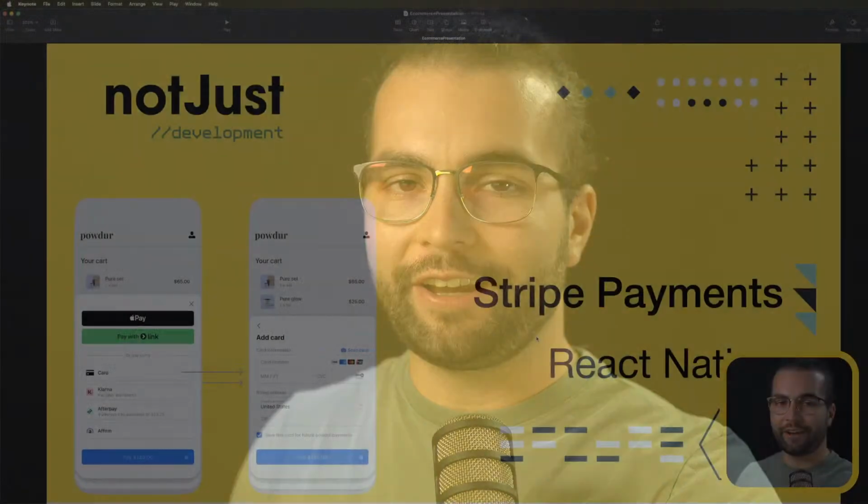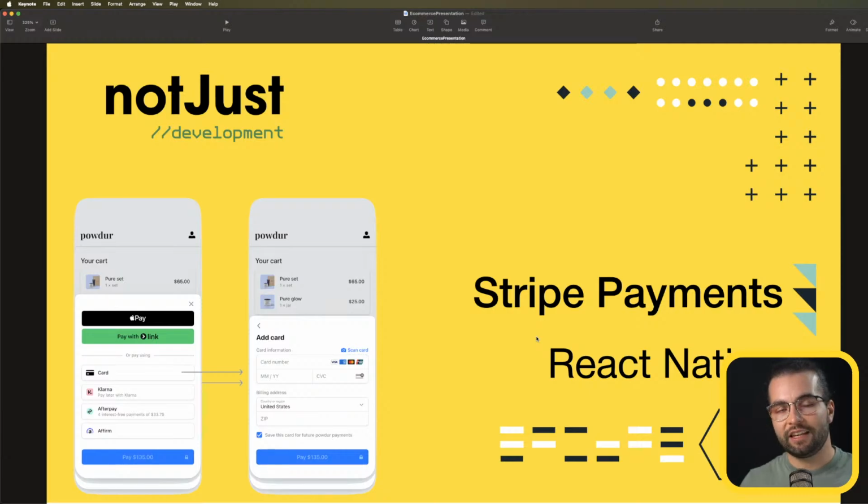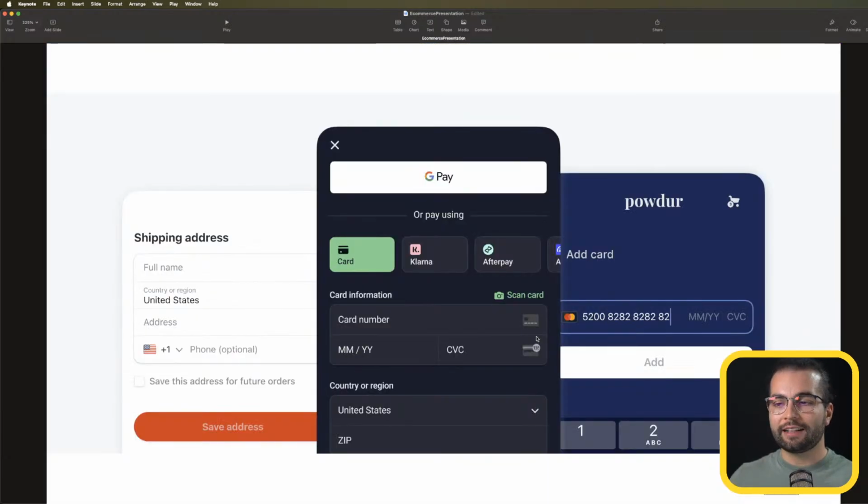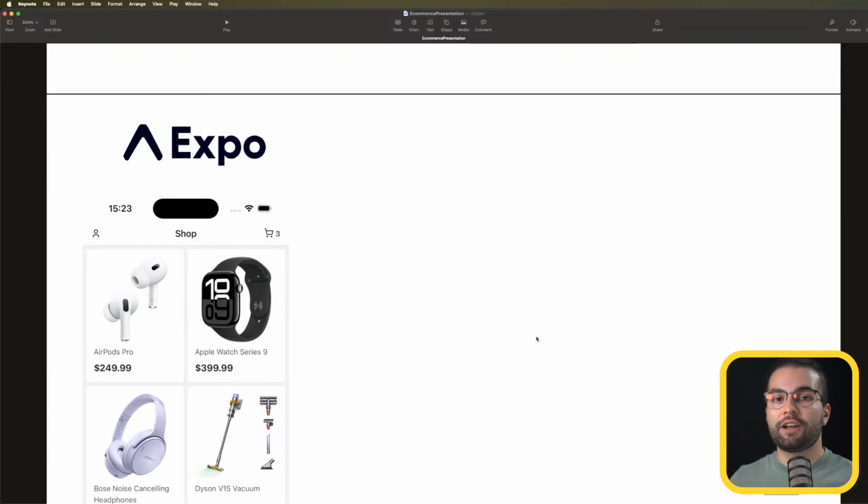Today, we are going to integrate Stripe payments in React Native, and with that, we're going to be able to charge customers in an e-commerce project. This Stripe integration is going to be done inside the e-commerce project that we started in the previous episodes, but today we're going to focus specifically on charging and integrating Stripe in React Native, especially using Expo for our